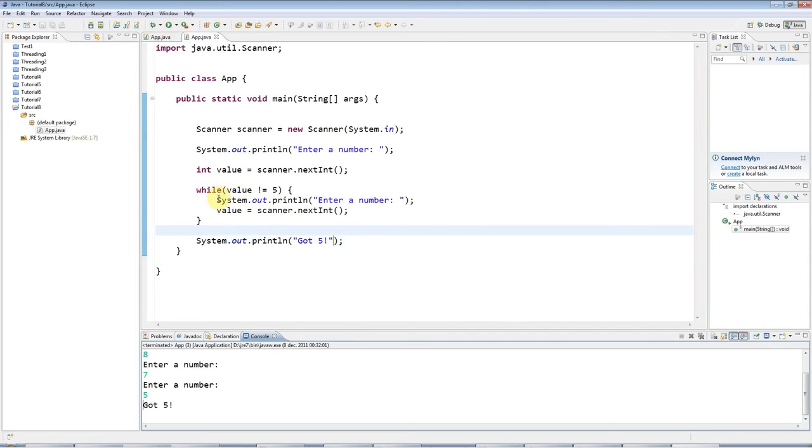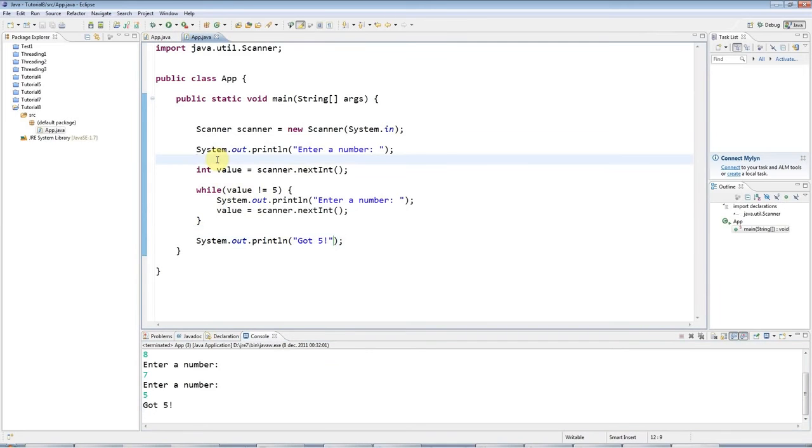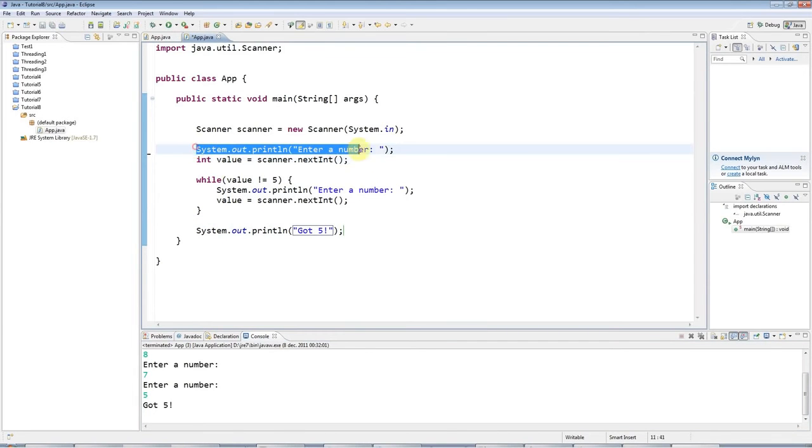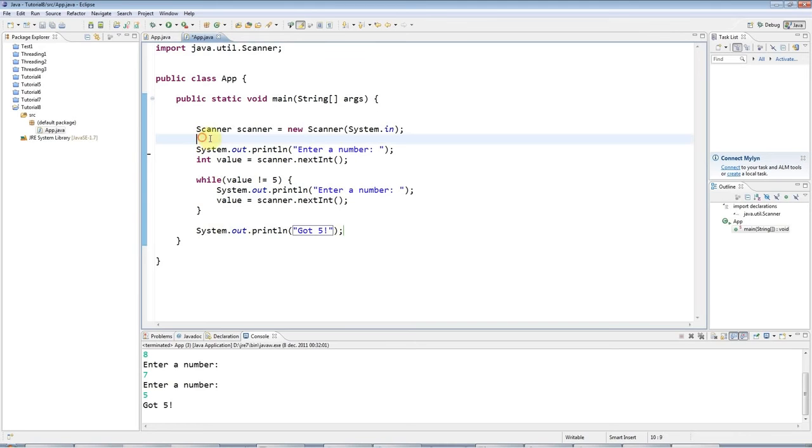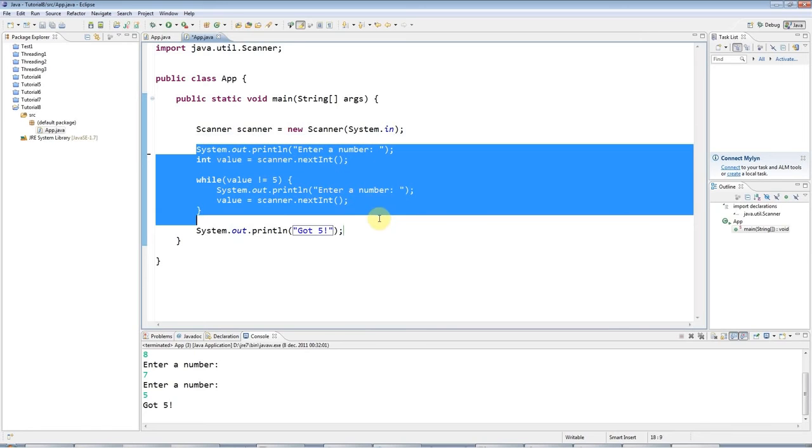So it works, but it's not really ideal because this and this are practically identical and I'm repeating them. And I can solve that problem using a do-while loop. So the first thing I'm going to do is get rid of this code,